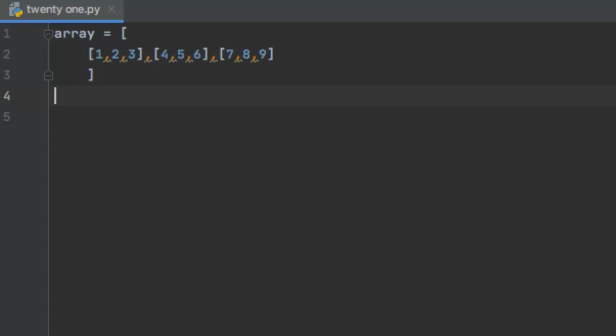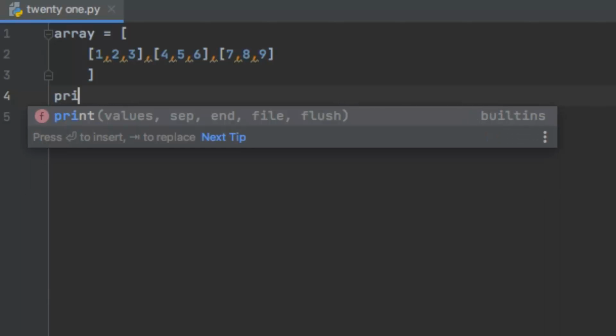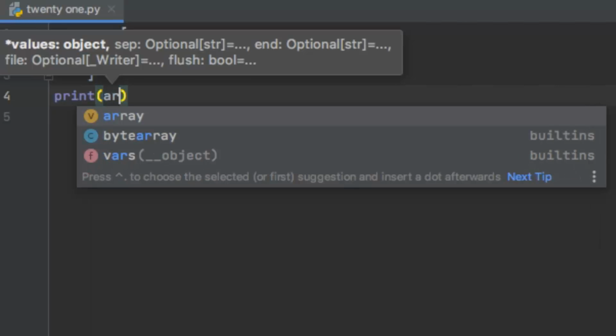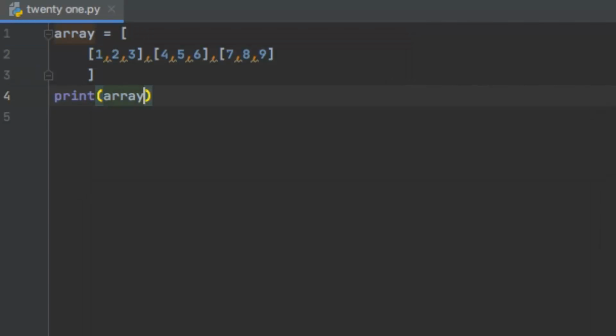To access the elements of the array, I'll say print, and the name of the matrix, which is array. Now with the help of square brackets and indexing, which we have already learned, we can access any element of this 2D list.